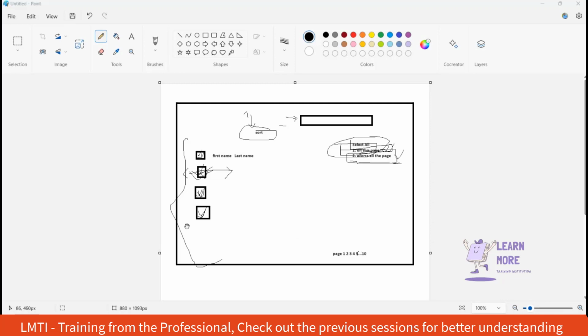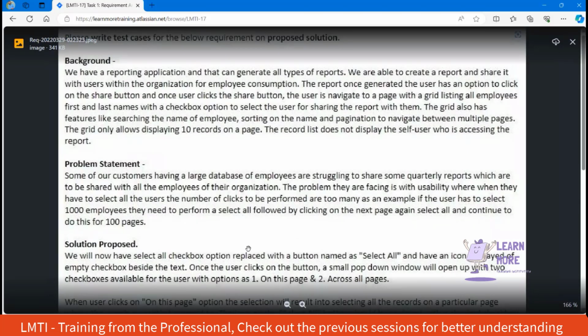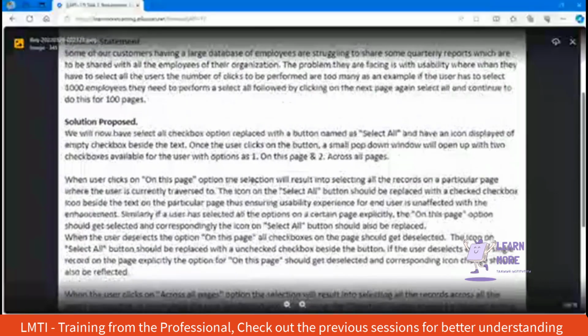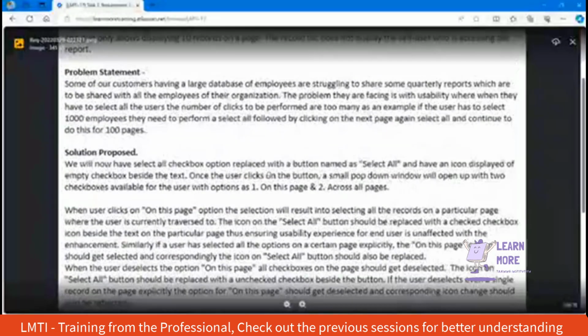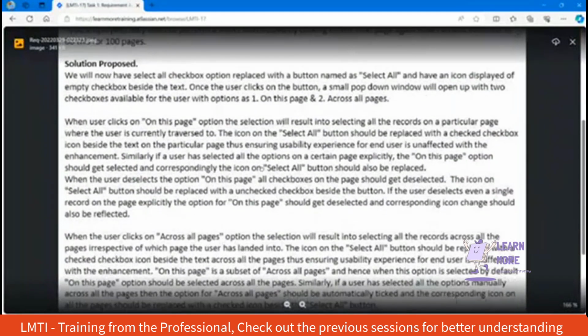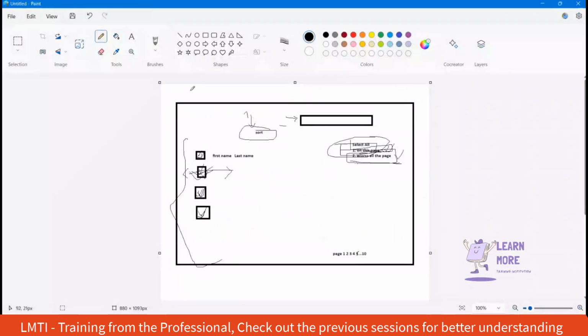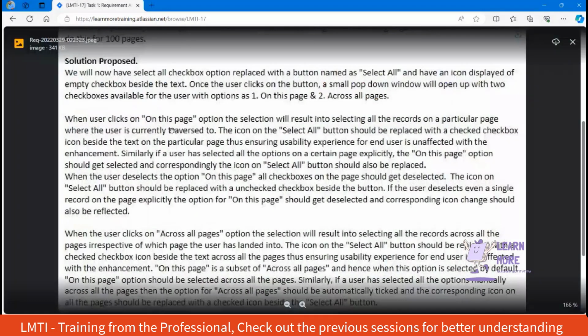Okay, so this is the solution proposed, and the developer is going to implement the same. They are going to implement this behavior, and during that time, while doing the test design, we won't have the application, and we should draft something and derive all possible scenarios. And if you have any clarification, we should always reach out to the business analyst, because the business analyst is the person who always